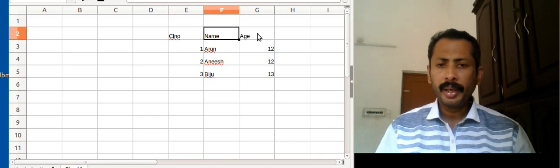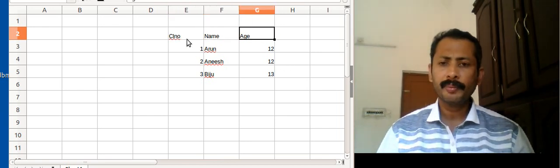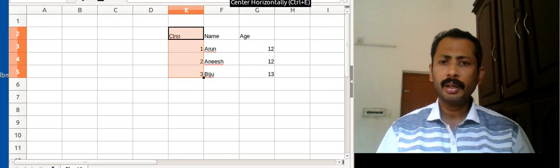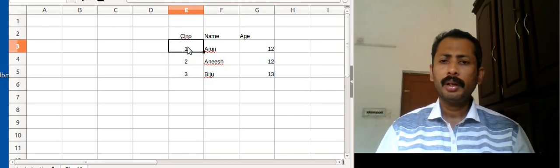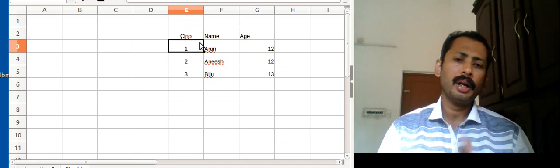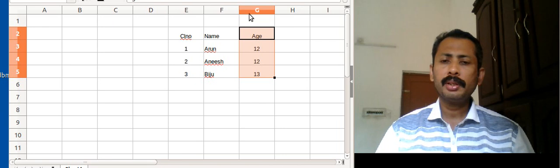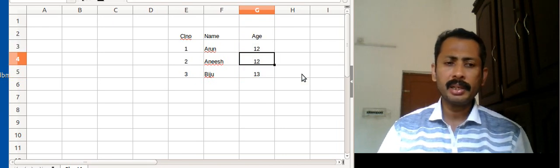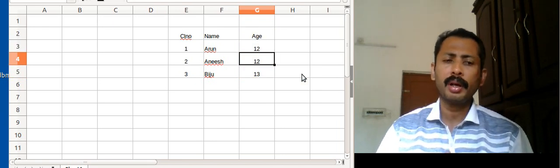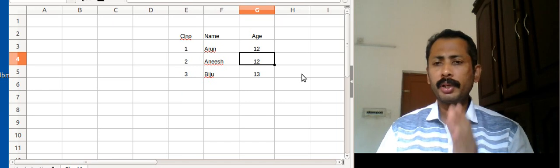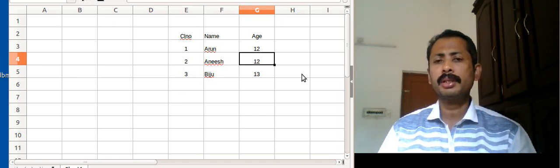Class number, name and age are given as headings. Then class number 1, Arun, age is 12. So this is how we write details in a proper, organized format.